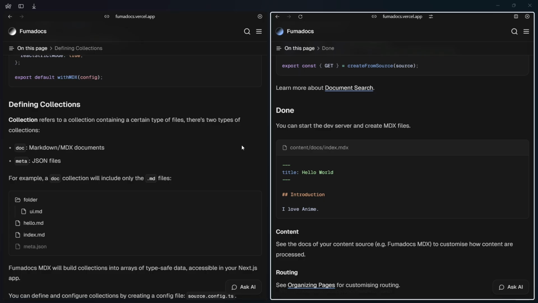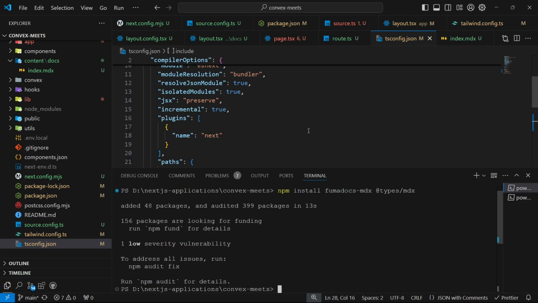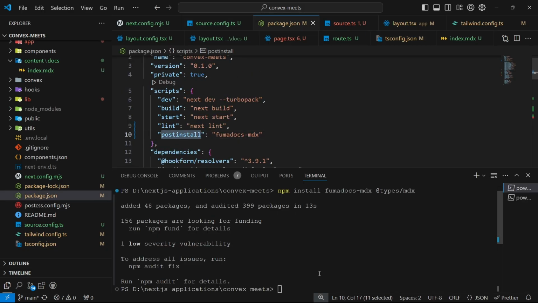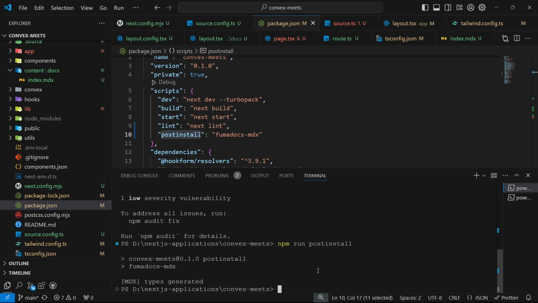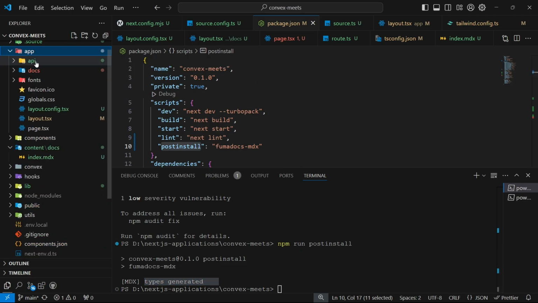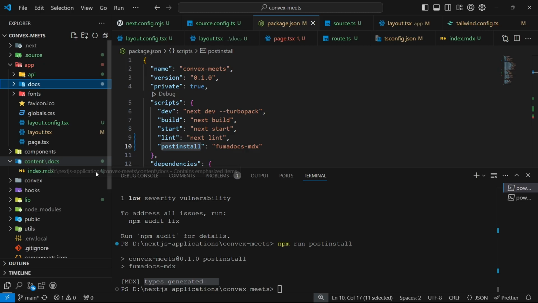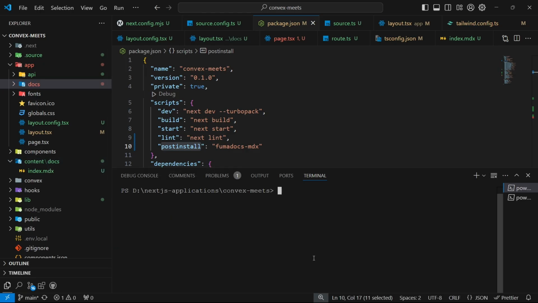Okay, so what we want to do first is running the post install, the one we created here. I think if we do npm run postinstall, it's gonna go ahead and get those types generated. If we check our application, we still have some errors. Good. If we go ahead and run npm run dev